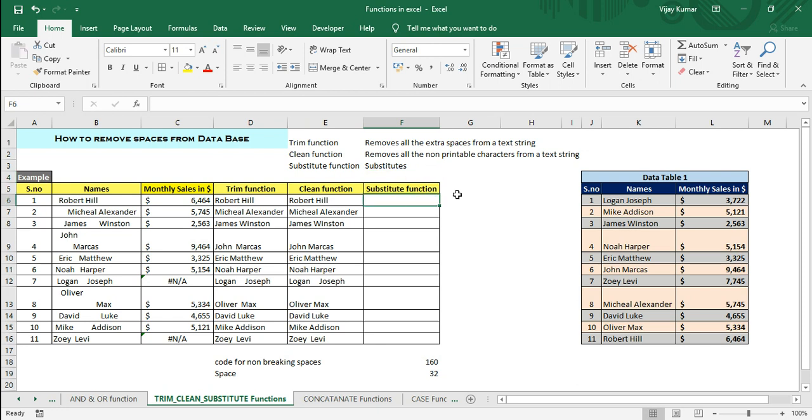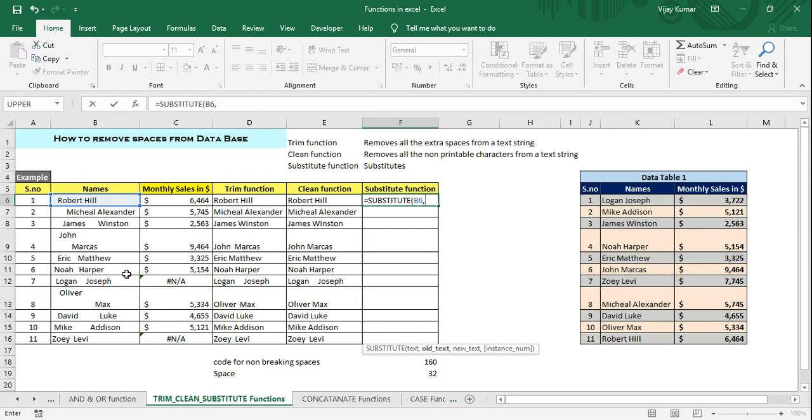So here I'm using the SUBSTITUTE function, and this is the syntax. First I need to select the text which I want to substitute. Now, the old text has the non-breaking space, as these two candidates have non-breaking spaces. So I'm going to write the character code 160, which is the non-breaking space.